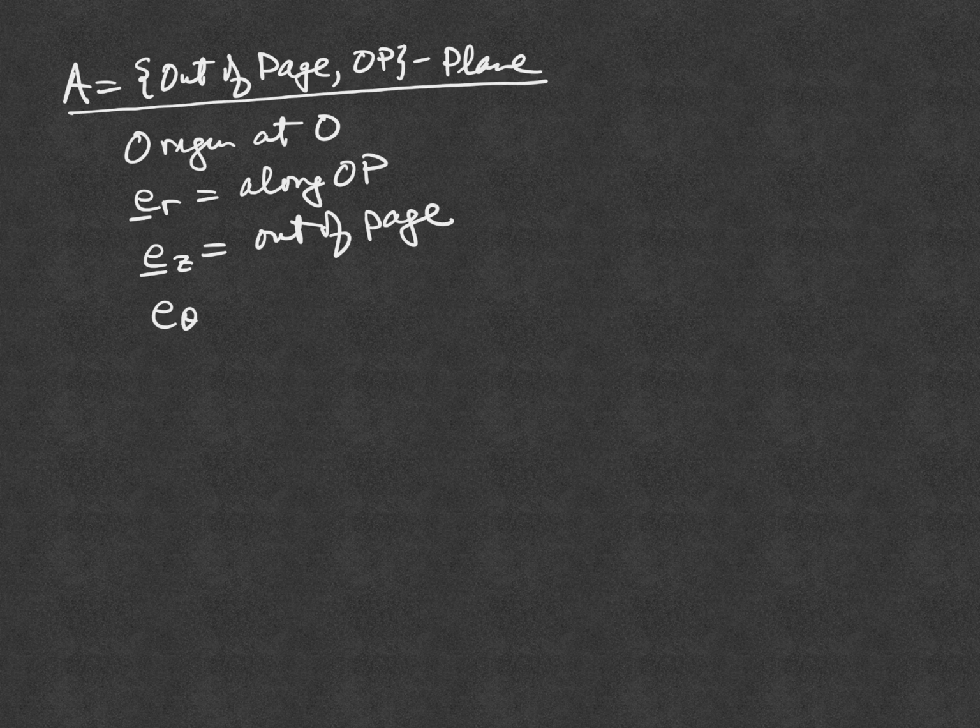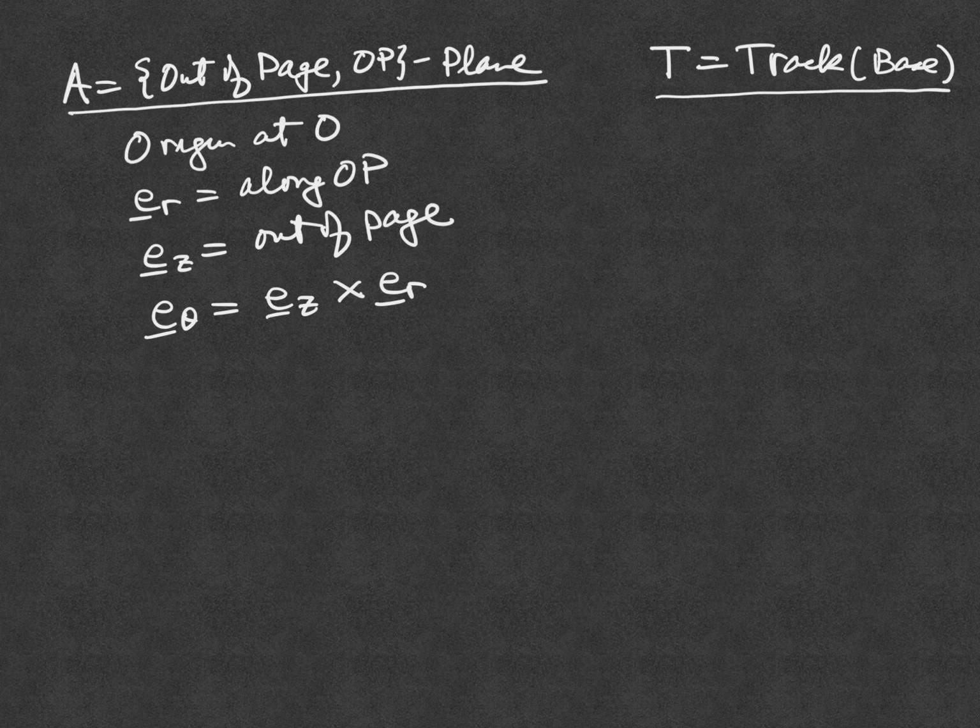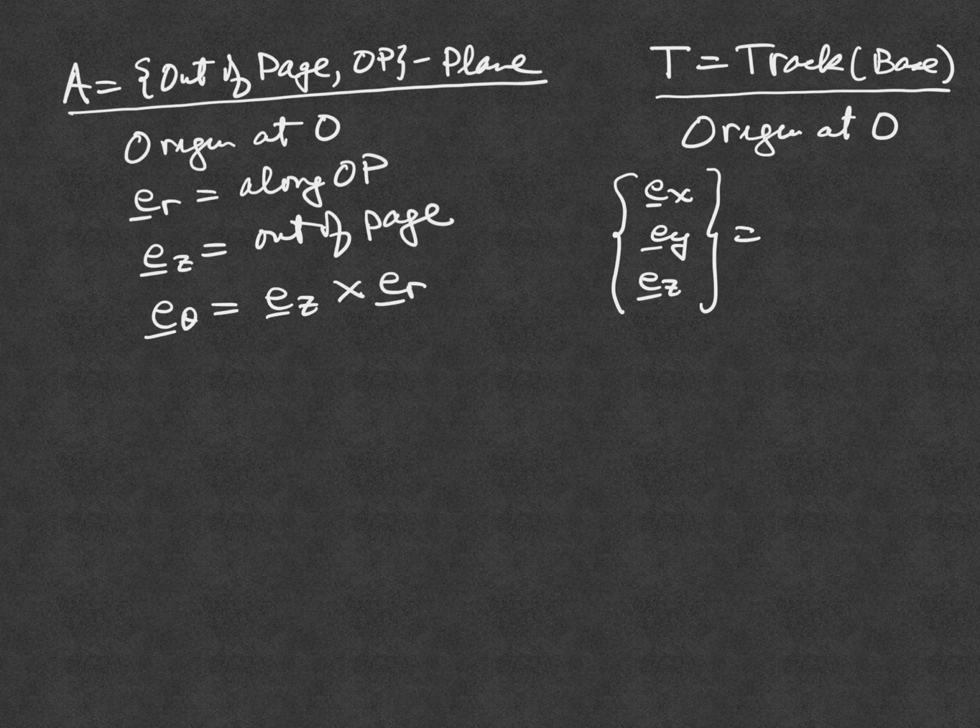And then E theta is equal to EZ crossed with ER. Now the next frame, which is the base frame, is T is equal to the track, and that's the base frame. Now the coordinates here are again going to have the origin at O, and then I'm going to define EX, EY, EZ to equal ER, E theta, EZ